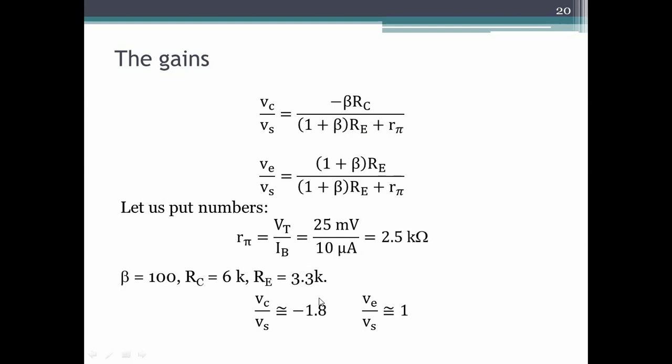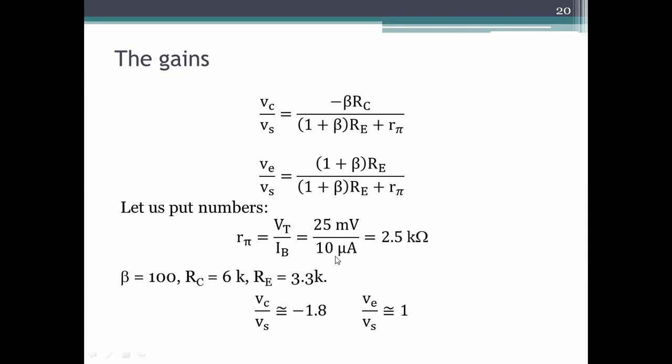So we've solved the circuit. We found the voltage gains at the two nodes of the transistor, collector and emitter. Unfortunately, or maybe not unfortunately, it so turns out that these numbers are very small. We started out making an amplifier and the gain we've got is a magnitude of only 1.8, which is really nothing.